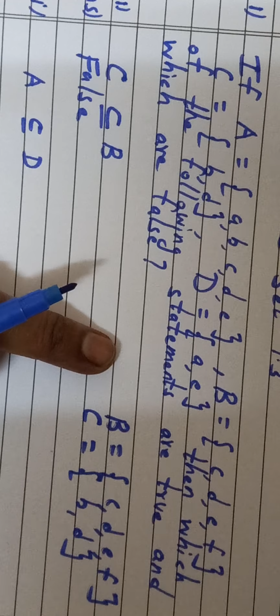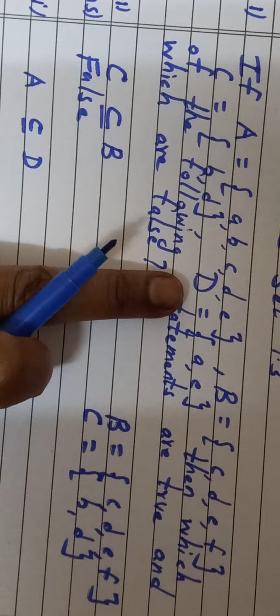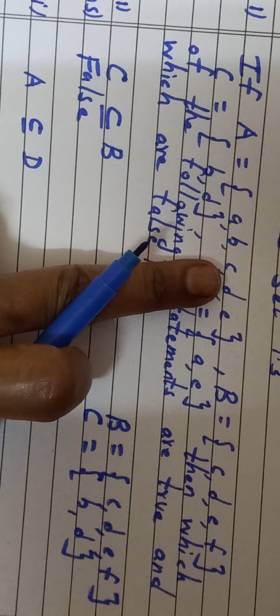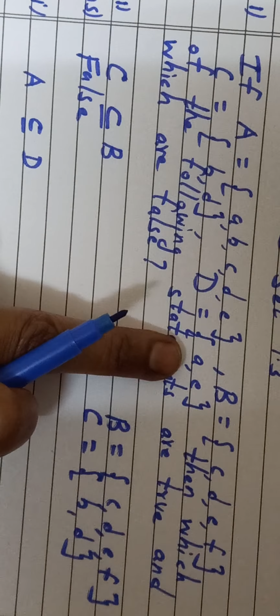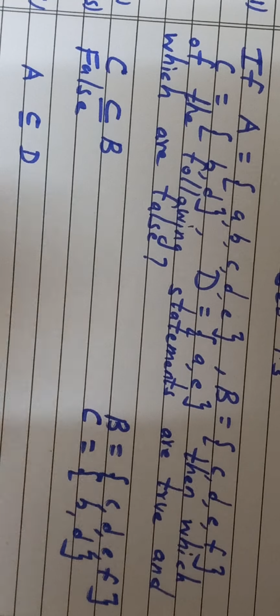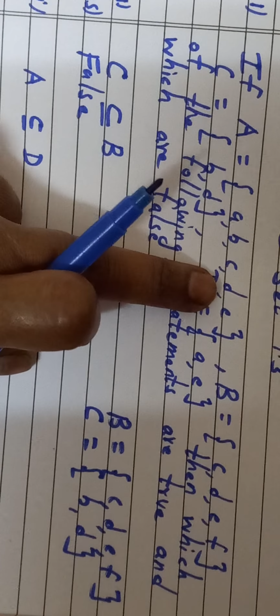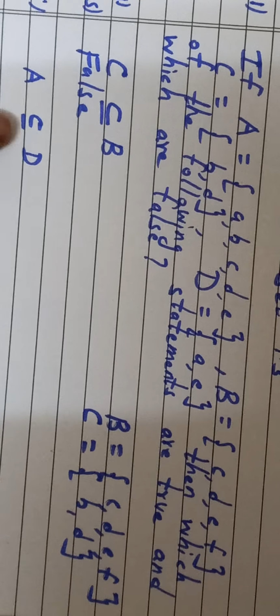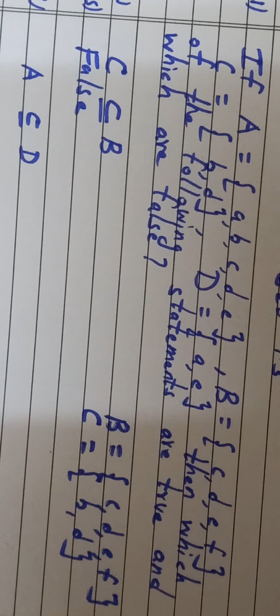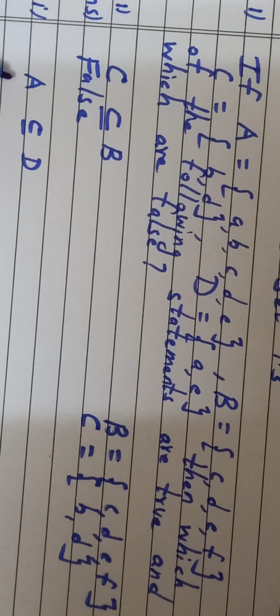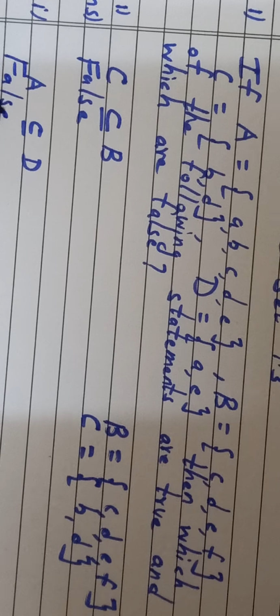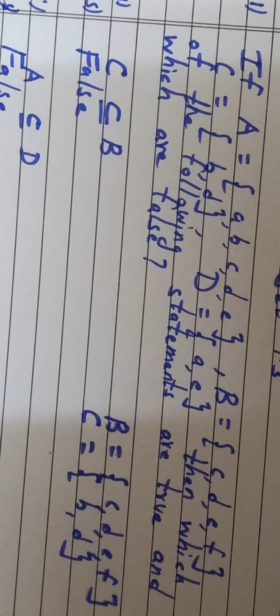Now see, isn't it funny, just by looking at the sets you can tell. Here set A is containing 5 elements and set D is containing only 2 elements. And quite naturally we don't have to think whether it is a subset or not, because here only 2 elements are there and here how many? 5. Correct? So how can A become a subset of D? When it is a subset, it means it is a smaller part of that bigger set. So directly also we can write without thinking, right? False answer. I hope you have understood.